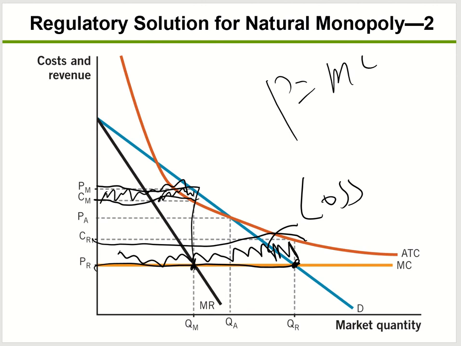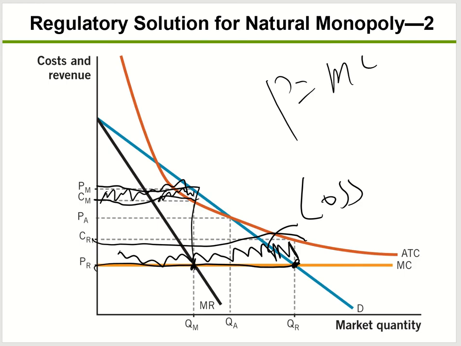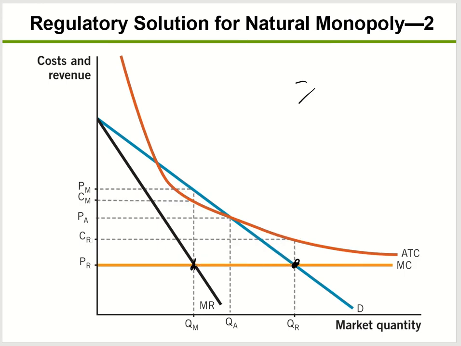So with too much regulation, not only would you take away the monopoly profit, you might also cause the monopoly to lose money in the business. So more often, what the government should do, instead of setting the price equal to marginal cost, is set the price equal to average total cost. So it should be right here. At this point, there's no loss or no profit for the company. So this is fair to everybody who's involved. Okay. All right.